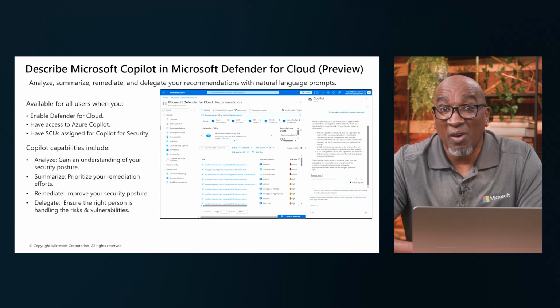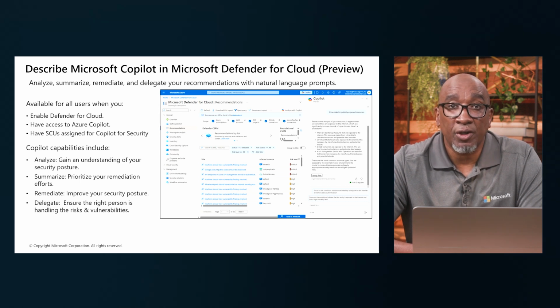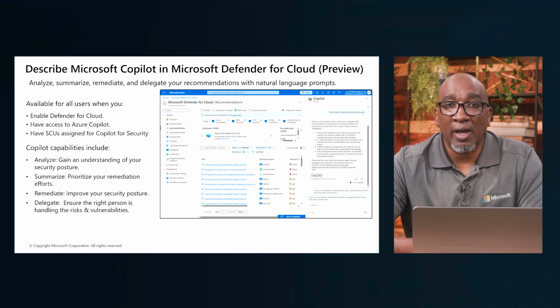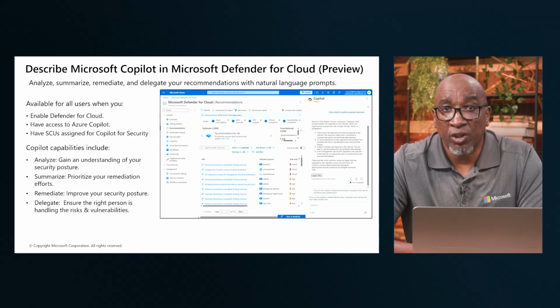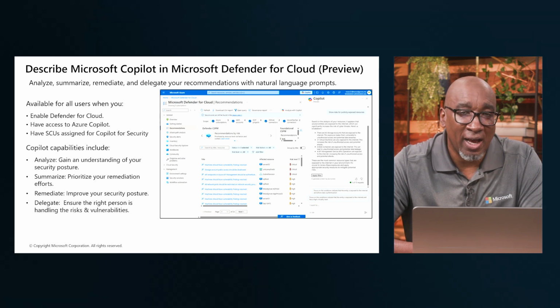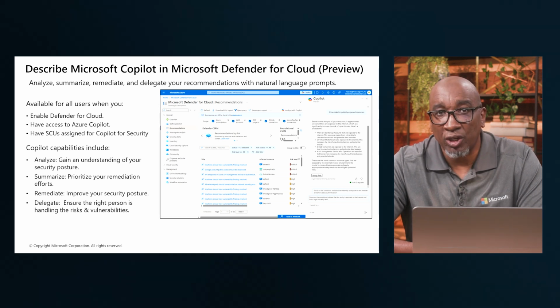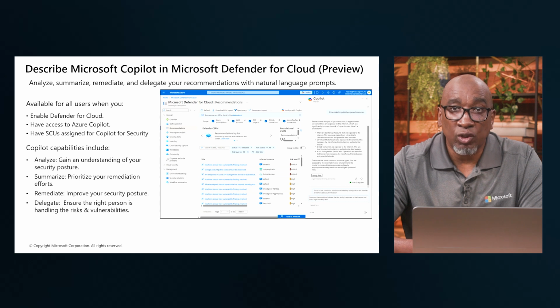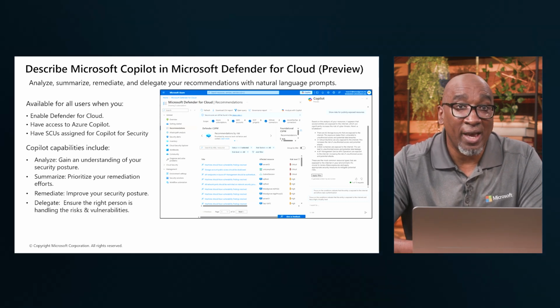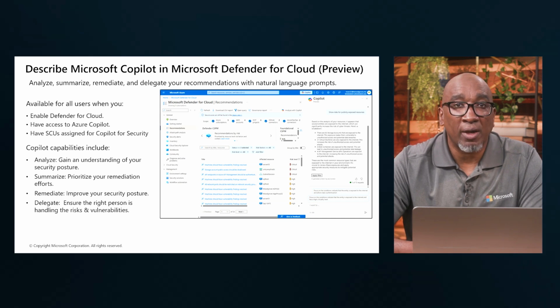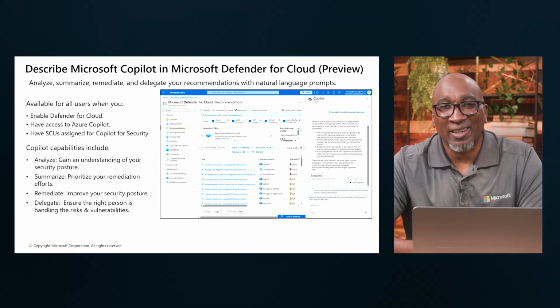However, in order to enjoy the full range of Copilot for Security's capabilities in Defender for Cloud, we recommend enabling the Defender for Cloud Security Posture Management, or the DCSPM plan, on your environments. The DCSPM plan includes many extra security features like attack path analysis, risk prioritization, and more, all of which can be navigated and managed using Copilot for Security. Without this plan, you'll still be able to use Copilot for Security and Defender for Cloud, but in a limited